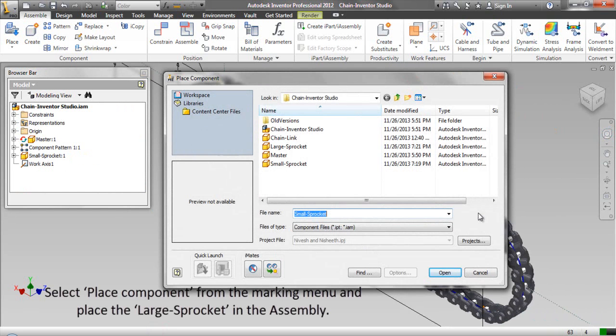Select Place component from the marking menu and place the large sprocket in the assembly.